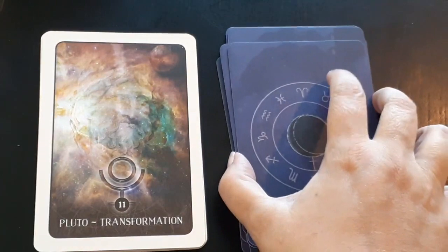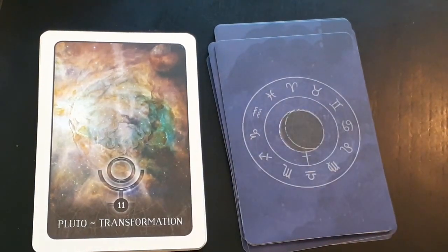Pluto, transformation. Destruction, creation, regeneration, passing away of the old and bringing in the new. People you know passing away, funeral homes, mortuaries, hospitals, sewers, latrines, bathrooms, dumps, graveyards, that which has been buried, decayed, hidden or unseen things, ghosts, spirits, dark entities, hauntings, the occult, dark magic, sorcery, tunnels, the underground, vampirism, Gothic culture,